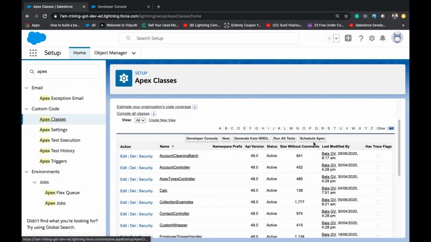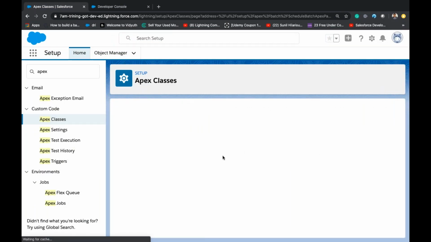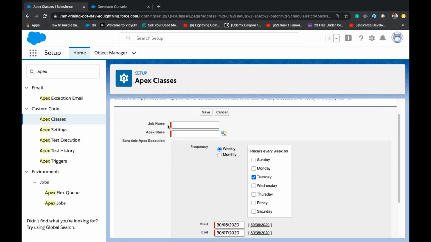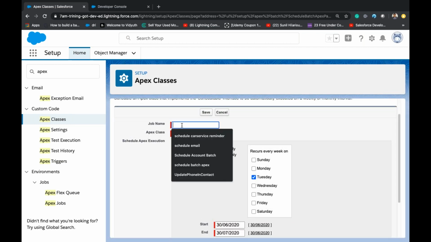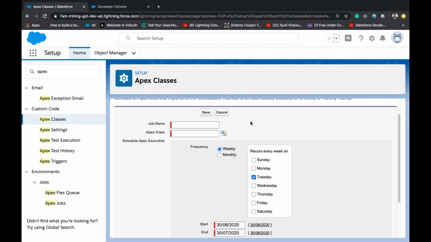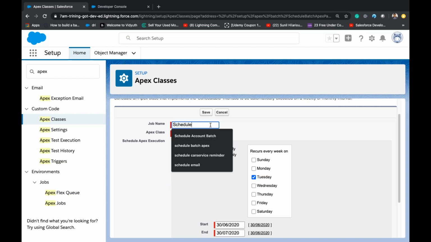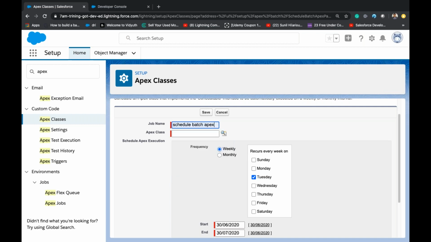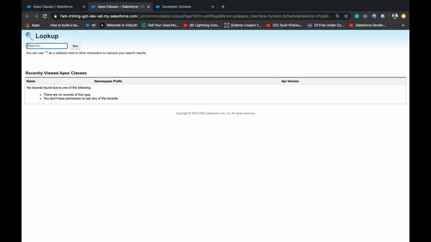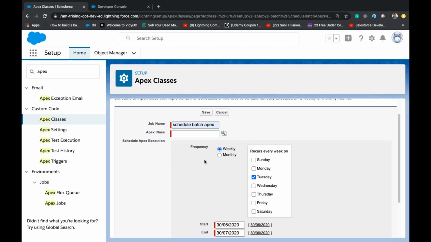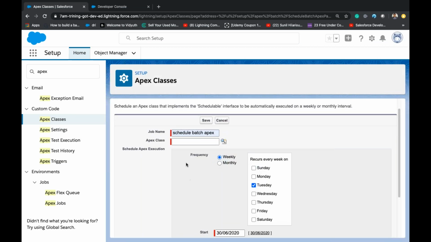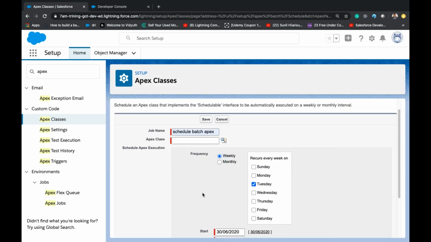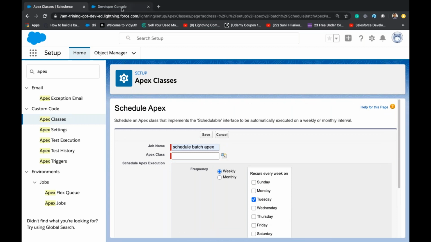Whenever we click on schedule Apex, we can create a job and select an Apex class. Let's check schedule batch Apex. But from the lookup, can we see anything? No, we can't see anything because nothing is created under schedule. So then how to do it?